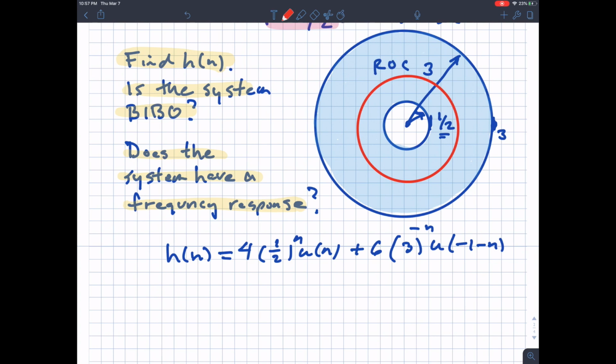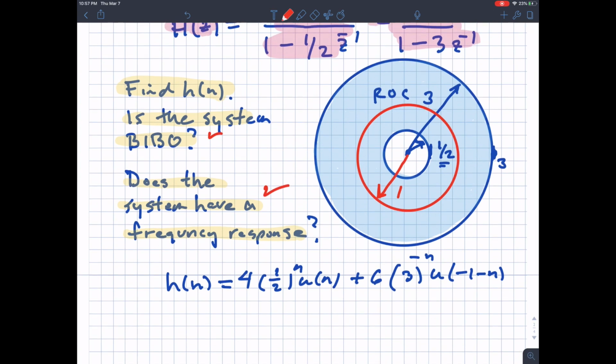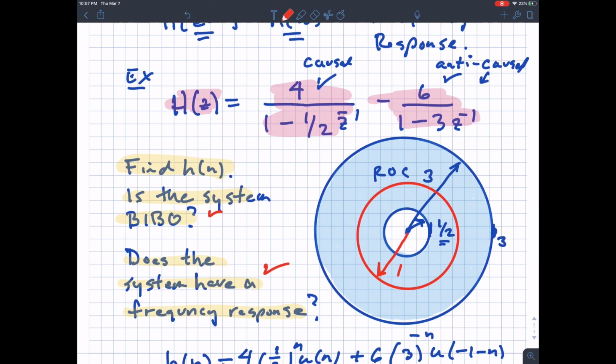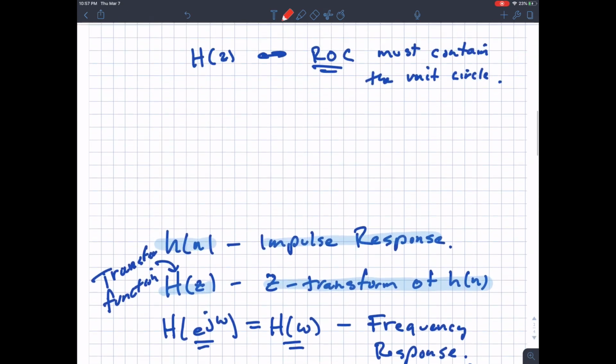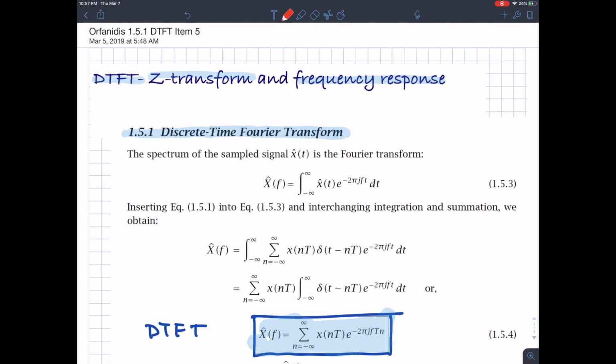Okay, the unit circle is contained completely inside the region of convergence, therefore the system has a frequency response and it's BIBO. Okay, so we're continuing to put these things together so that you understand some of the basics of DSP, and this concludes our discussion of this important section 1.5.1, the discrete time